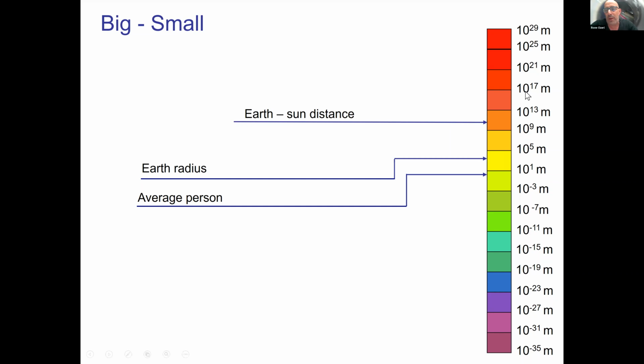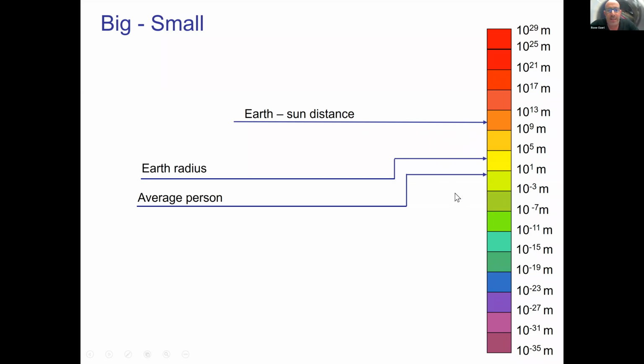What you see here, by the way, is what we call a logarithmic scale ruler. This is a ruler where, if you look at different bars on the ruler, they do not represent a constant difference, but rather a constant ratio. So the ratio between this bar and this bar would be 10,000, 10 to the 4. The ratio between this bar and this bar again would be 10 to the 4, 10,000.